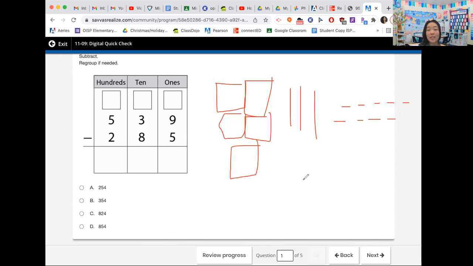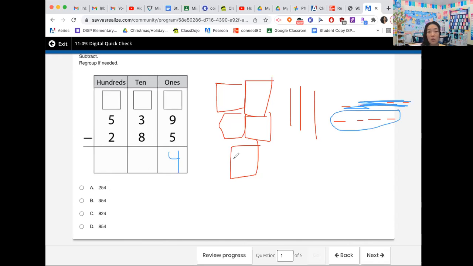Okay, what is step one? Can anyone unmute and tell me what is step one? Subtract the ones. And how many ones do we have in 285? 5. Okay, so I'm gonna do that in a different color so you guys can see. I'm gonna take away these 5 up here. So how many are we left over with? 4. Okay, so it could be any of these because they all have a 4 in the ones place.